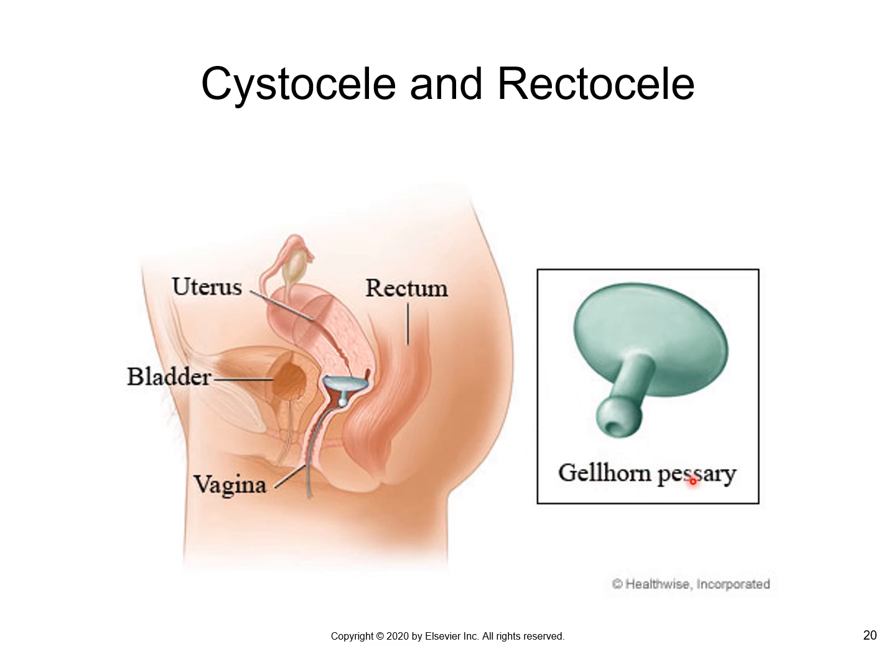We call it a Gellhorn pessary. Okay, and what you do is you insert it in the vagina, from the vagina to the area right here by the cervix. What it does is kind of push it up like that, so it helps with the retraining of those muscles over there.